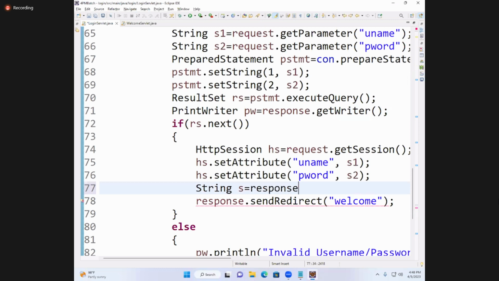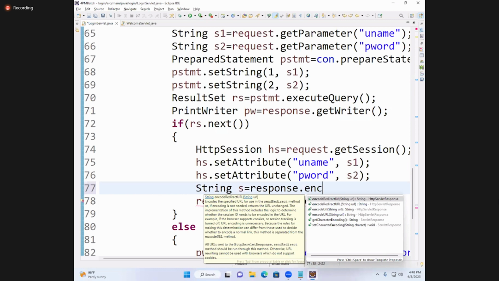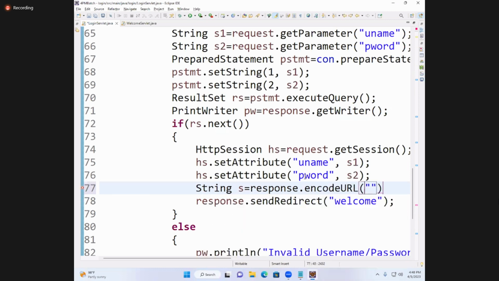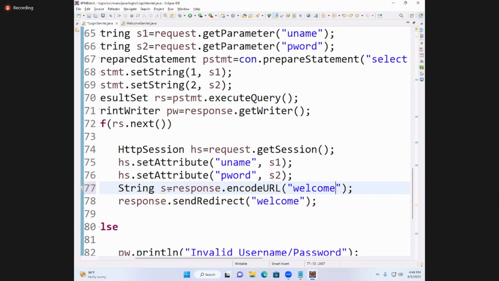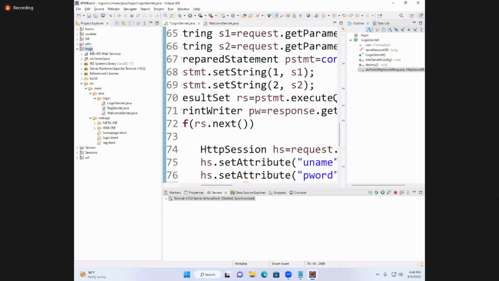Response.encodeURL. Here you have to place the URL. That is "welcome". Now, this string contains welcome and also the session ID, so you can place it here. Now it is appended to the URL. The remaining code is the same. If I run,